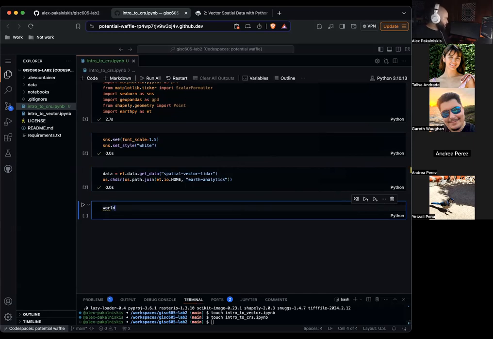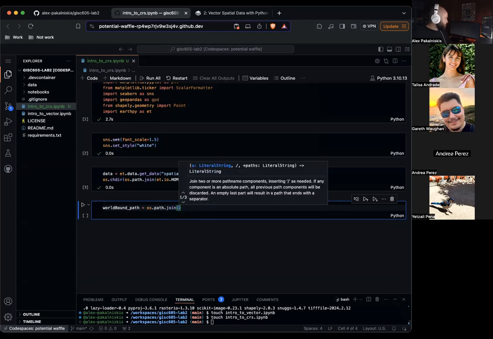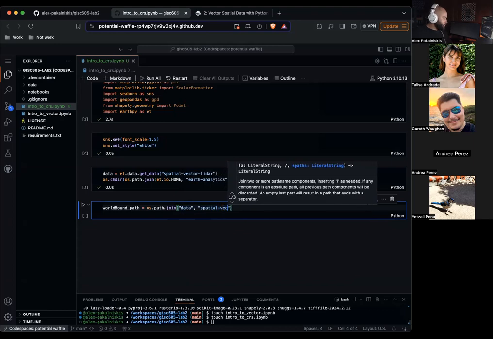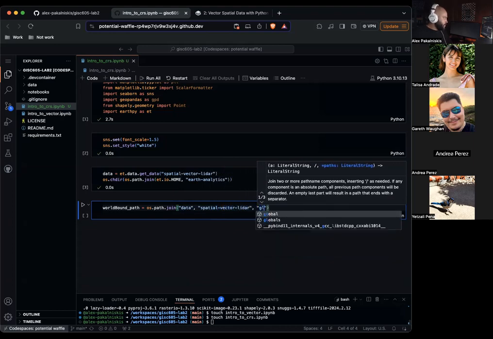So OS jump path, join data, spatial vector LiDAR global, ne_110m_land.shp.